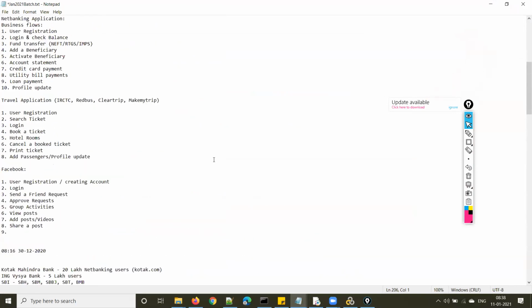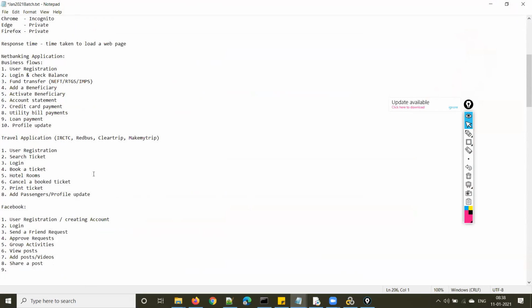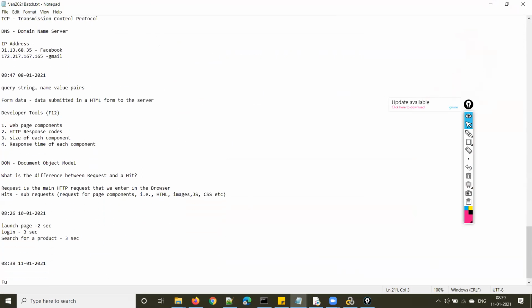Say, for example, you have one business action, like search for a ticket, or else I will take this one: you have to do some fund transfers.